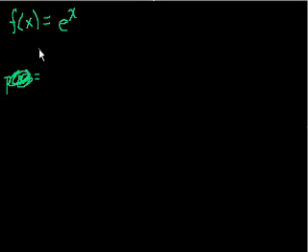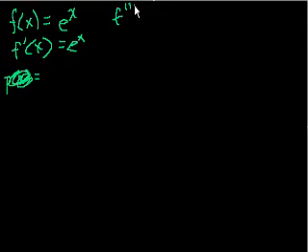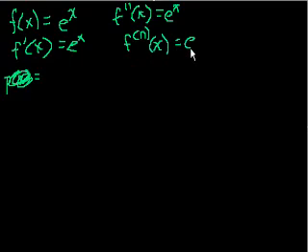So what is f prime of x? Well, that's also e to the x, right? What's f prime prime of x? Well, that is also equal to e to the x, right? We have learned, and I actually recently did a proof, that the derivative of e to the x is e to the x. That always means the second derivative, the third, the fourth, and the nth derivative of e to the x is equal to e to the x, right? I could take an arbitrary number of derivatives of e to the x, and it equals e to the x,